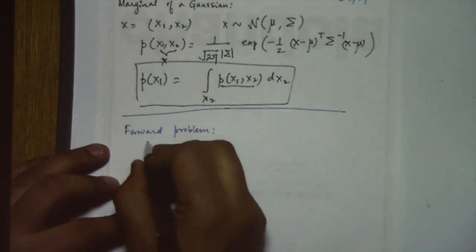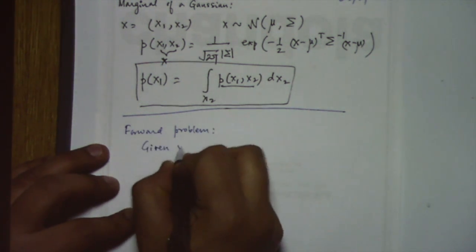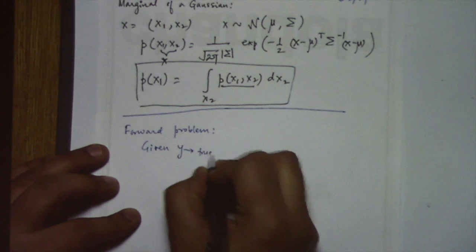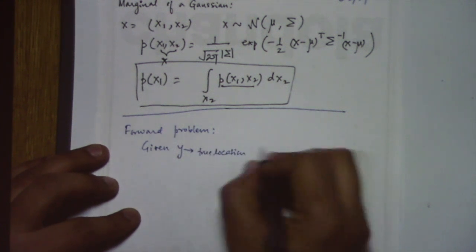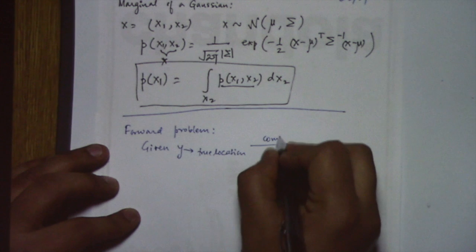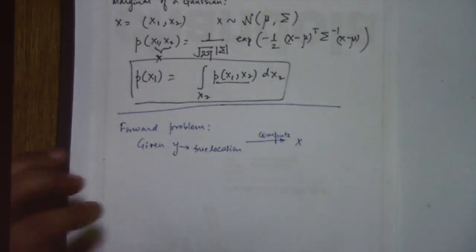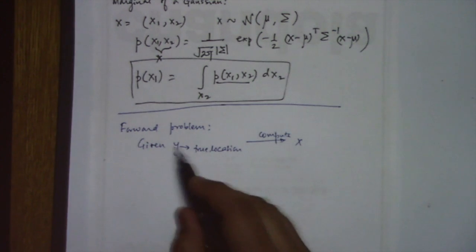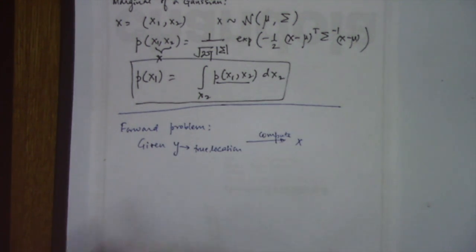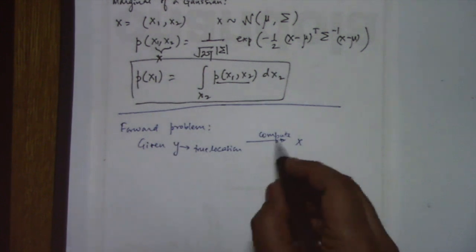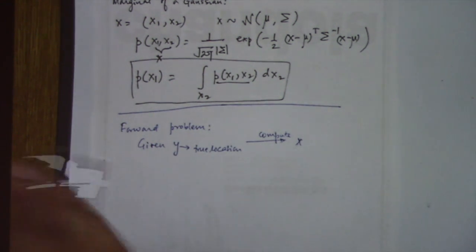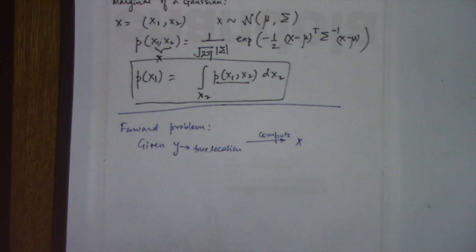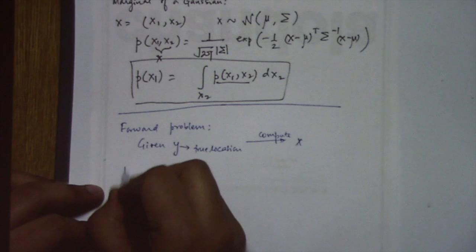Given y, the true location, compute x. This can be done exactly. Why? Because if you know all the physics and all the mechanics, you can compute what x will be by applying some formula. However, the interesting problem is what we call the reverse problem,